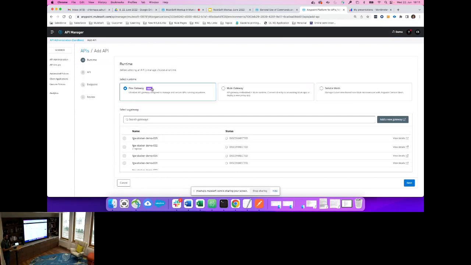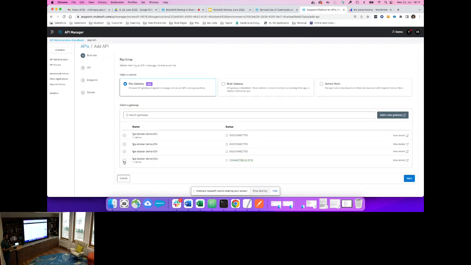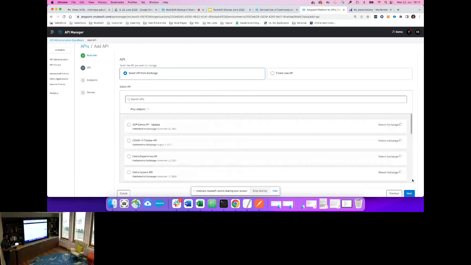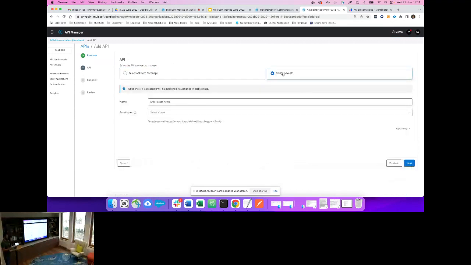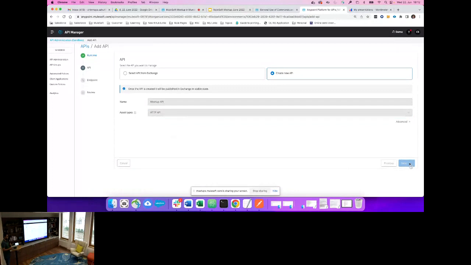So I'm going to search for the 003. Okay, here it is. I click on this, then I click on next. So I've selected my gateway first. I want to create an API, so I'm going to use the simplest format, the simplest API. Maybe I'll just name it Meetup API. Okay? And I'll select it as HTTP API. So once I click on next,